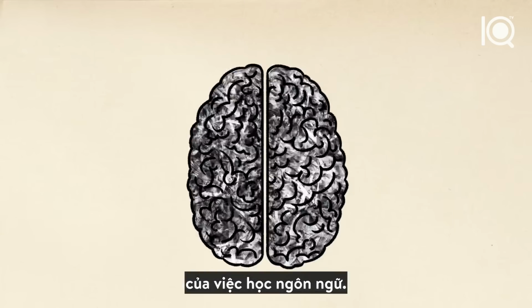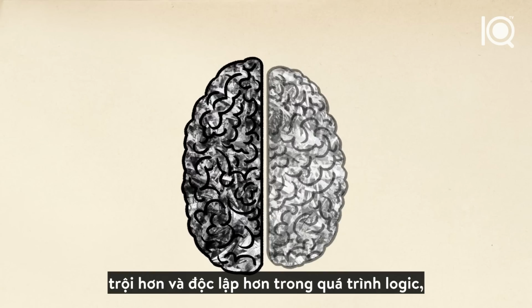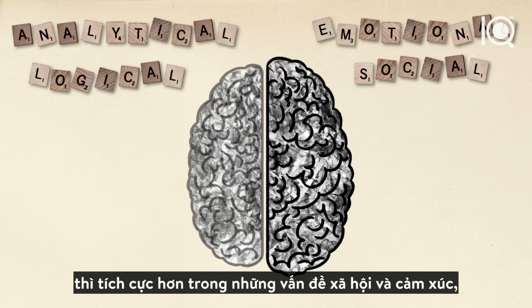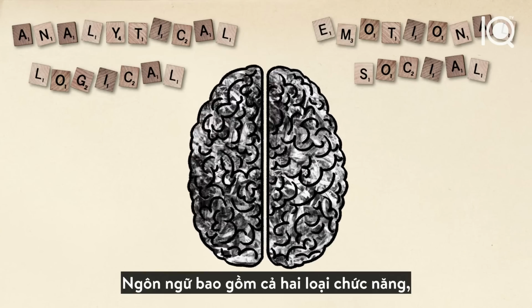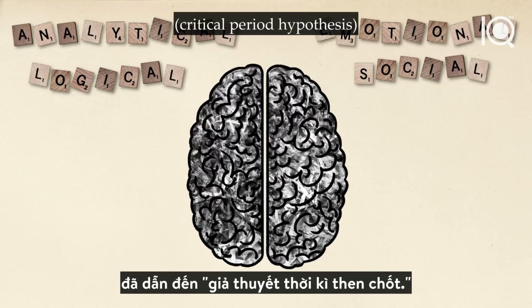the bilingual brain. It's well known that the brain's left hemisphere is more dominant in analytical and logical processes, while the right hemisphere is more active in emotional and social ones. Though this is a matter of degree, not an absolute split. The fact that language involves both types of functions, while lateralization develops gradually with age, has led to the critical